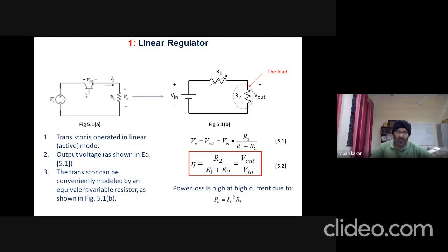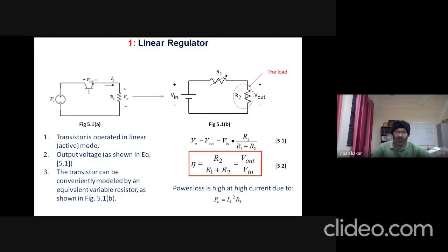Depending upon the turn on, because base current is applied over here, let's say a BJT is there. We apply the base current over here, the transistor gets turned on, and now it is turned on in the linear region. In the linear region, if we draw the load line, that load line will give us the value of resistance. If we change the base current over here, the collector current will change. It will change the point on the load line, which will change the resistance over here. That's why it is a variable resistance.